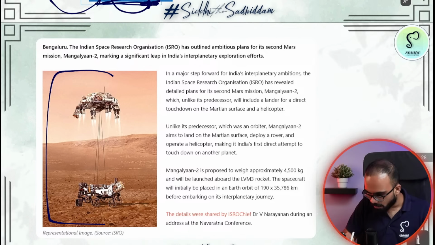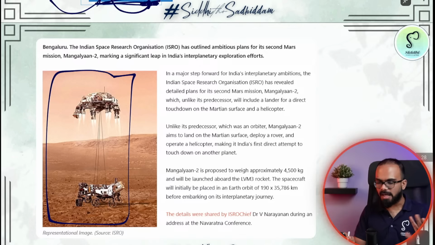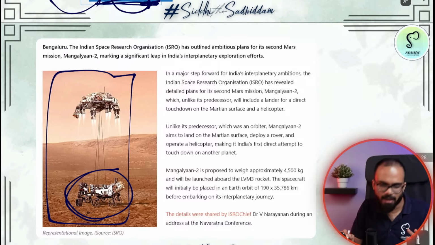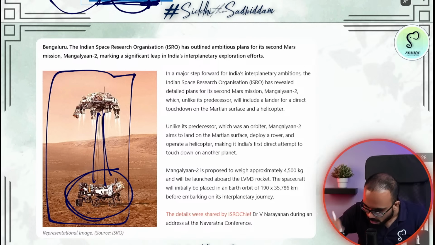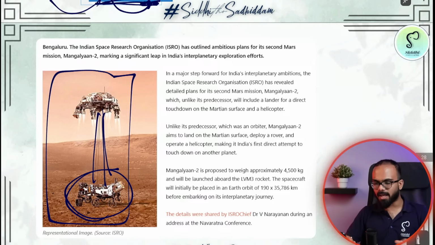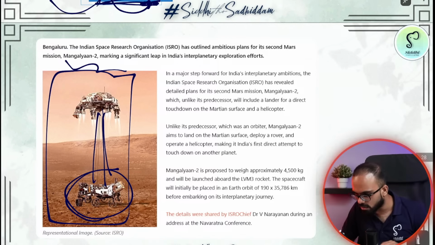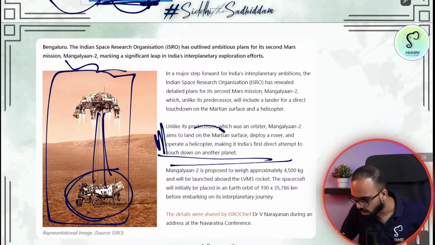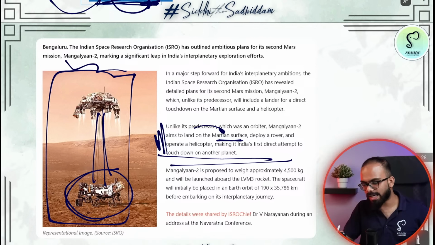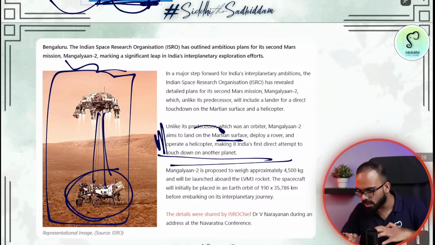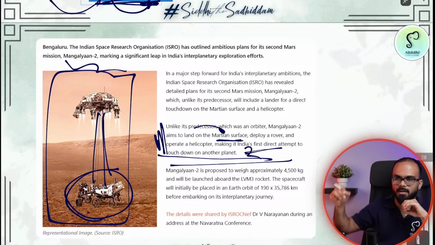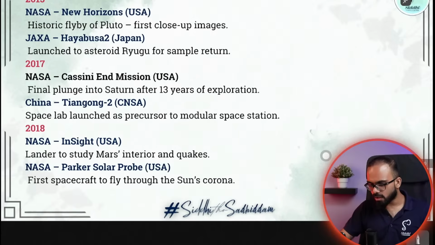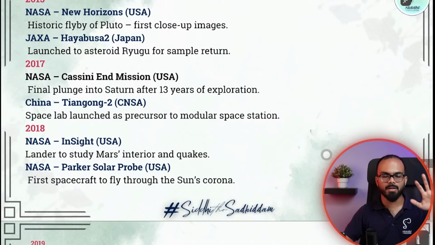And this is about the upcoming Mangalyaan 2. India's plan is that we will send a lander. A lander will land on the Mars surface, and we will throw a drone as well. So these are our plans in Mangalyaan 2, where ISRO wants to prepare and operate a helicopter along with a rover on the Mars surface. And if we successfully do this, then this is India's first attempt to touch down on a different planet. I hope Mangalyaan 2 is going to be extremely successful. So these are about Mars missions.